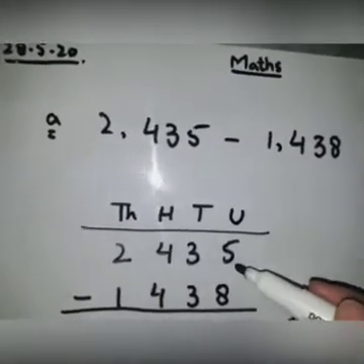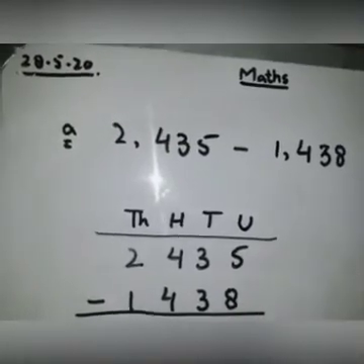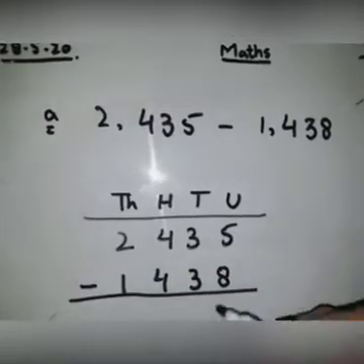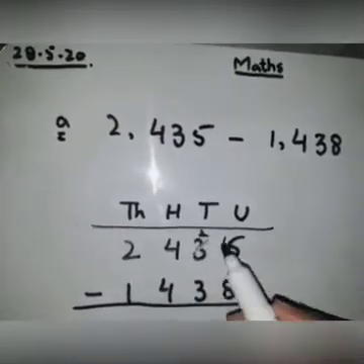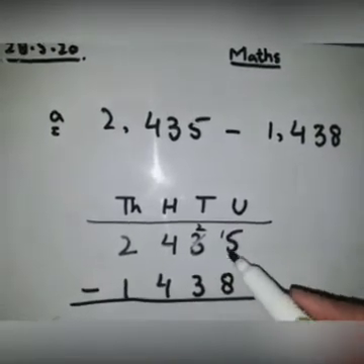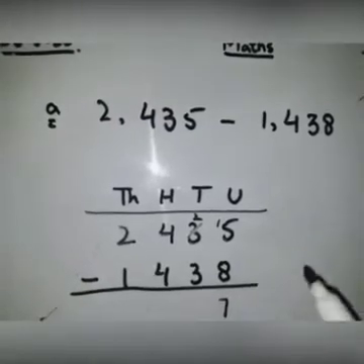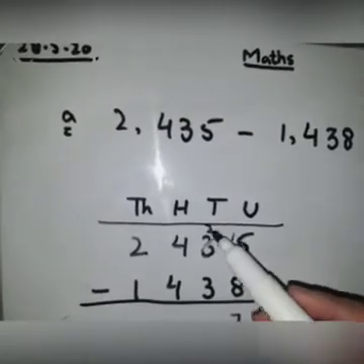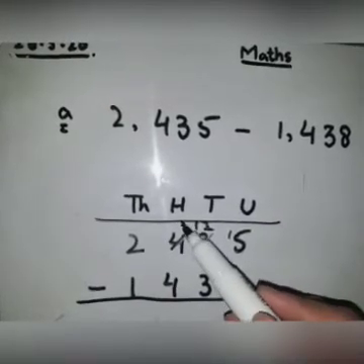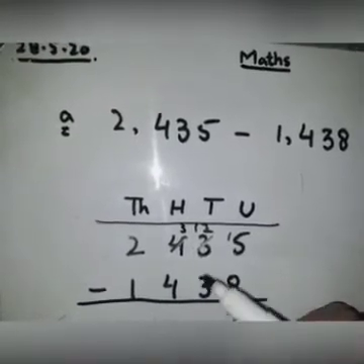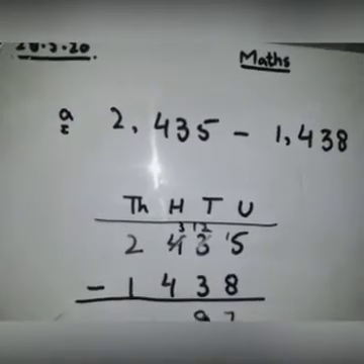When we are going to subtract 8 from 5, to solve this question we have to get a carry from this 3 to have remaining. Now subtract 8 from 15. The answer is 7. Now we have 2 here. We can't subtract 3 from the 2, so we will get a carry from this 4. The answer will be 12 and here is 3. Subtract 3 from 12. The answer is 9.